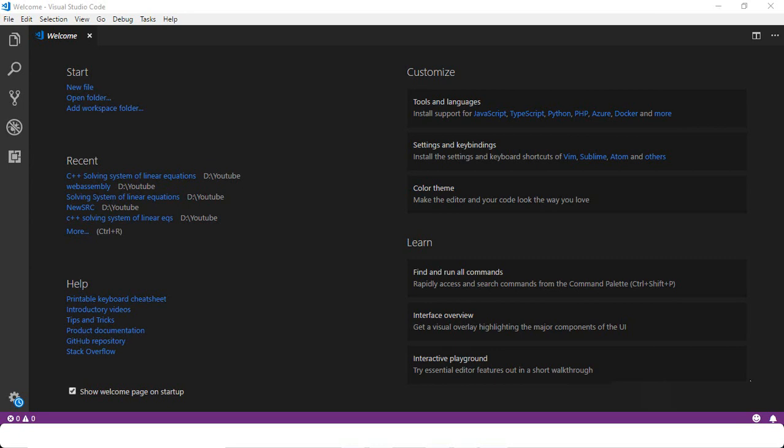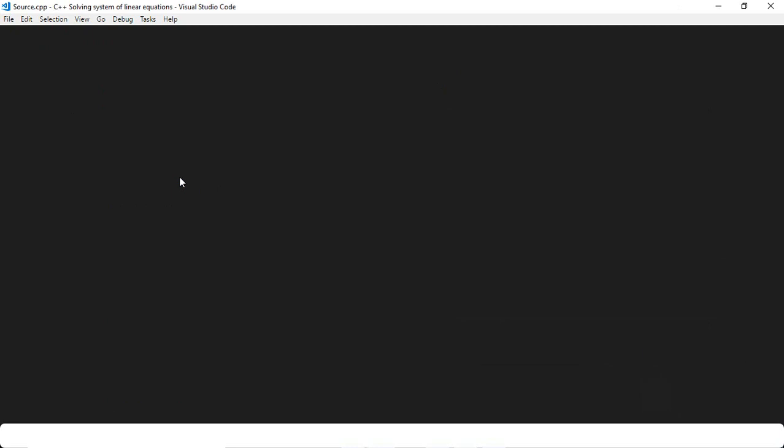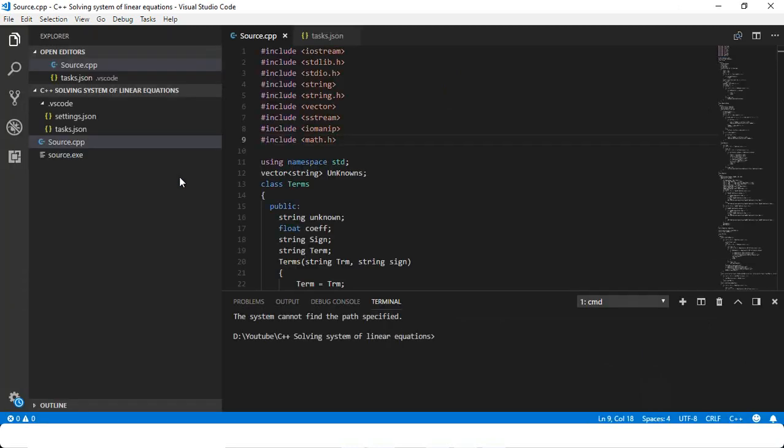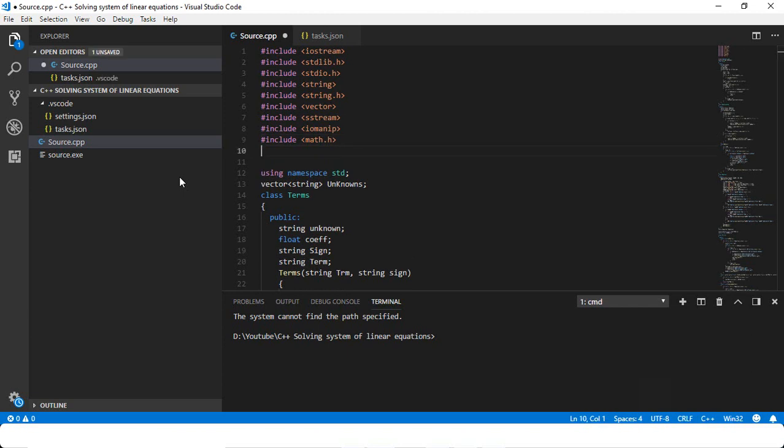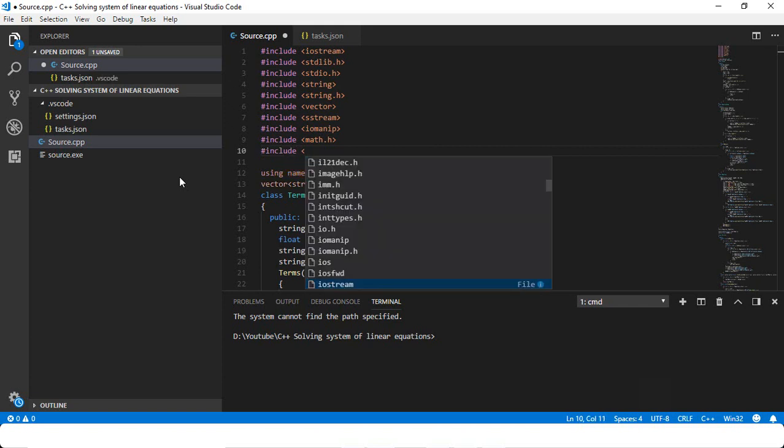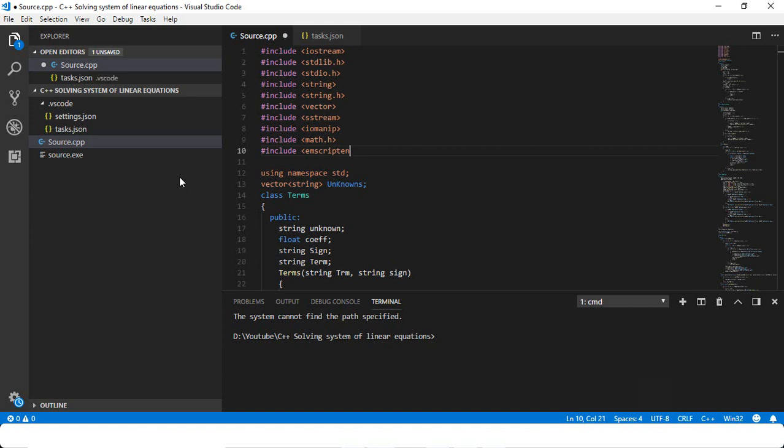So let's start. First, we're going to open our C++ file. We need to make some changes to this C++ file so we can compile it using the Emscripten tool, interface with it using JavaScript, and run it on the web. First of all, we need to include emscripten.h, which is the library of the compiler,